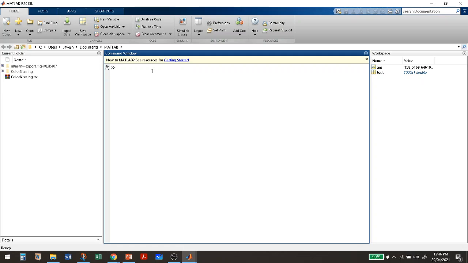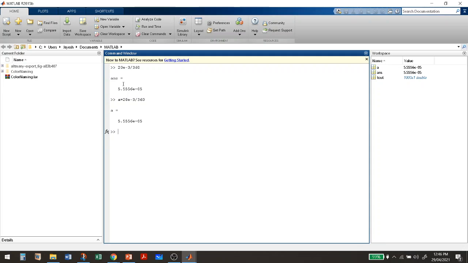Yes, 5 milliseconds. So for 360 degrees, 20 times 10 to the power minus 3, 20 milliseconds divided by 360, this is 5.55. I will make a equal to 20 into 10 to the power minus 3 divided by 360.